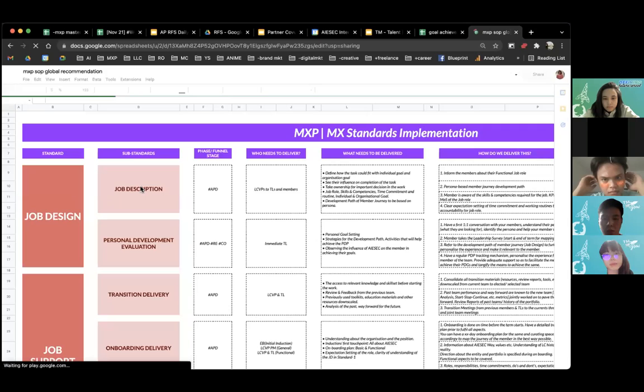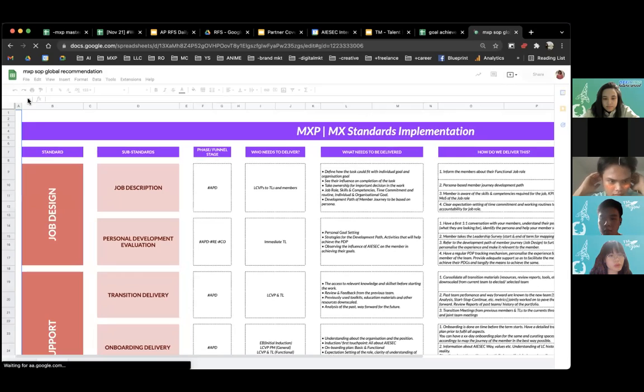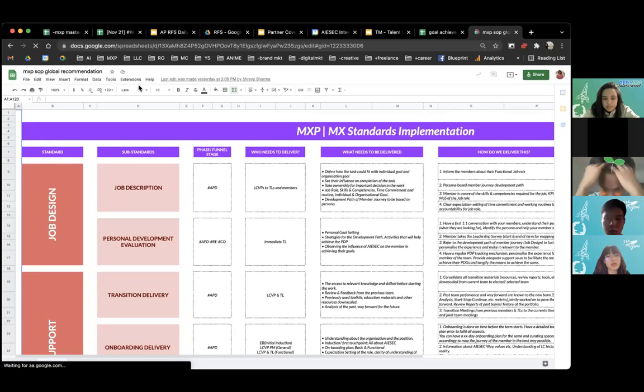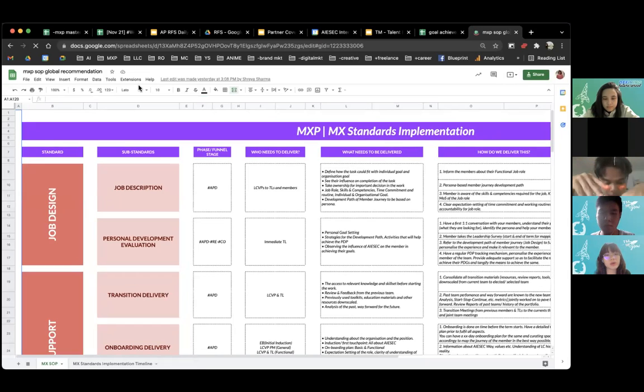Okay, so basically this one is for the framework, right? This is one of the recommendations that we also give you when you design the SOP. You can also design it in this way. When you design it, one of the things we need to understand is these five very clear things: who is going to deliver what. For example, in the job description, it's not going to be only the JD of the team leader, but it also needs to be the JD of the LCBB and team leader at the same time. And when you define this JD, understand how the task could be fulfilled, and based on this, how we can actually deliver it.